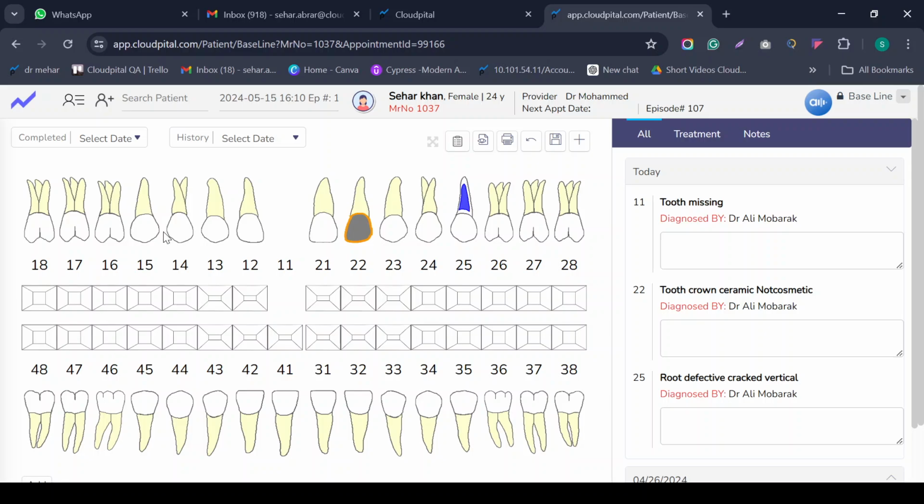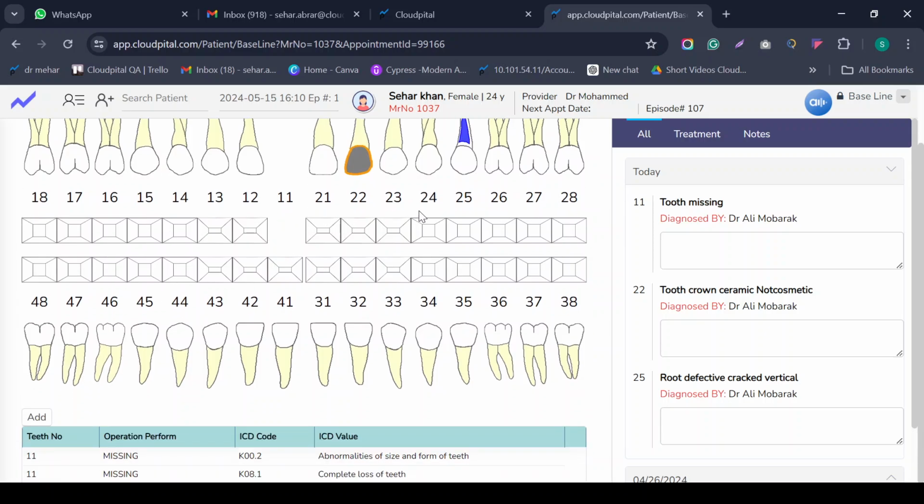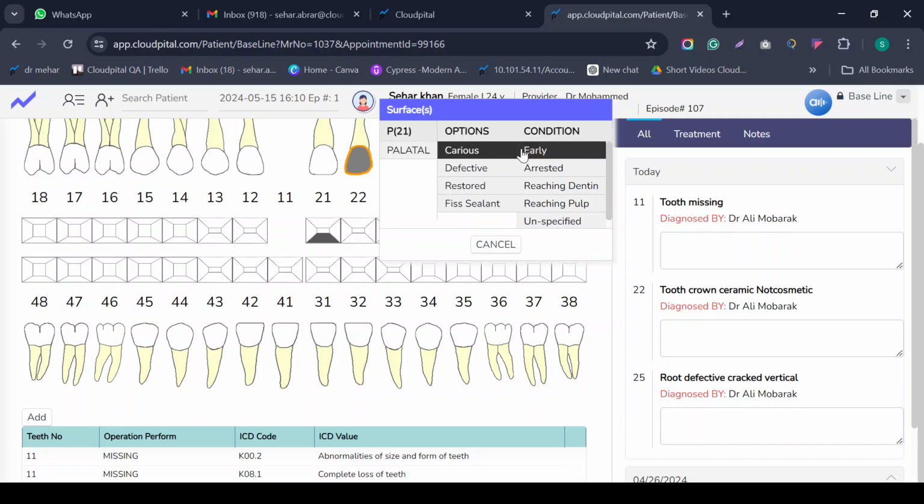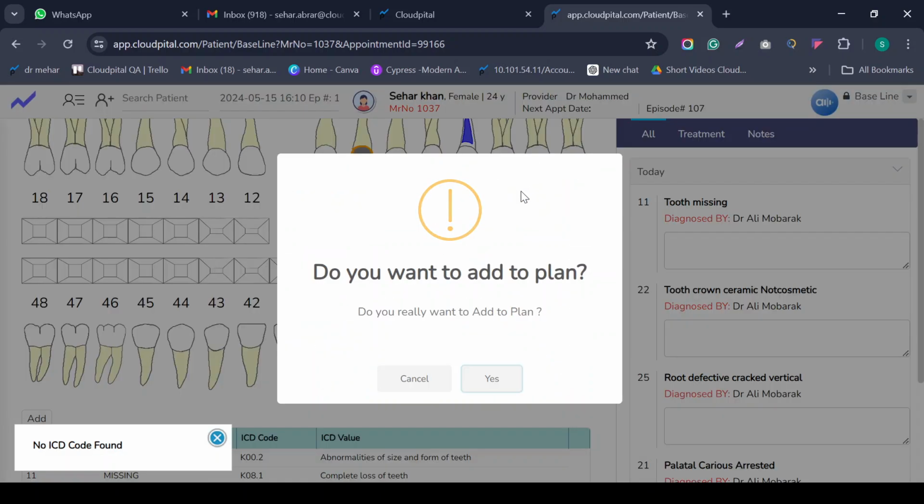Like we can apply multiple operations on a tooth and we can apply multiple operations on their root as well. Similarly, we have different surfaces. These are all of the teeth surfaces which we are having, like front, back, left, right, the top, all of the teeth surfacing which we are having. Like this is the teeth surface, it's a parietal, and they are having some of the issues. All of that in dental terminology, these terms will be showing, and the doctor also will be adding these terms in the plan as well.